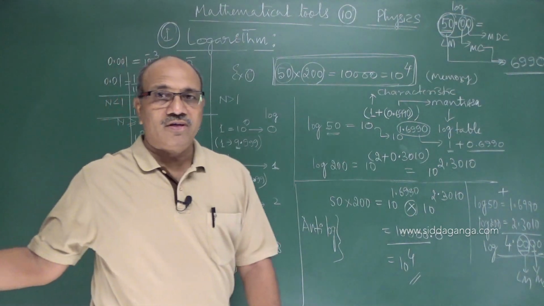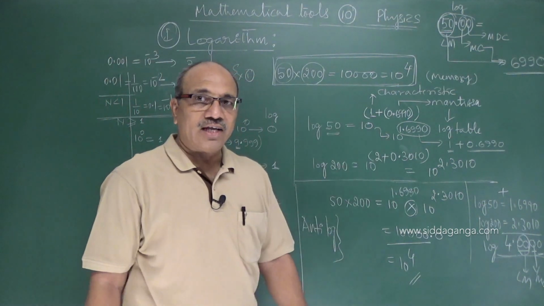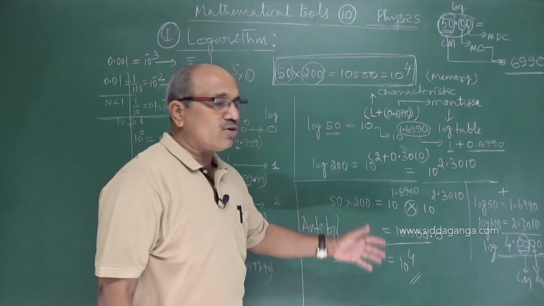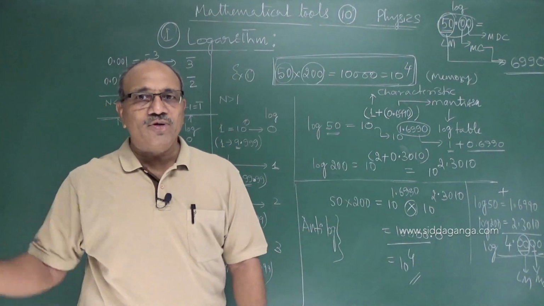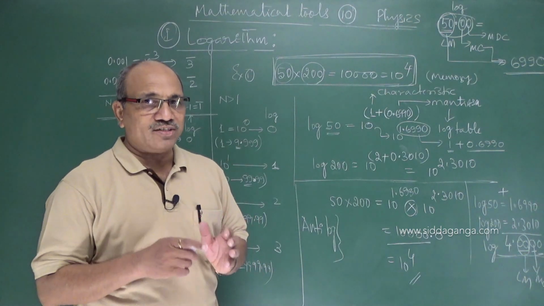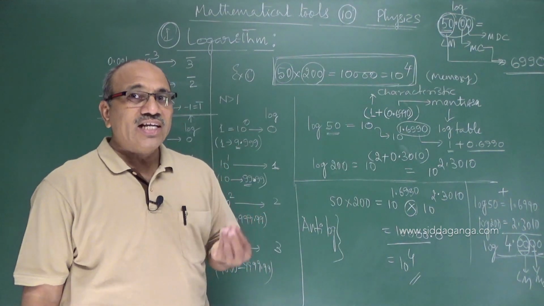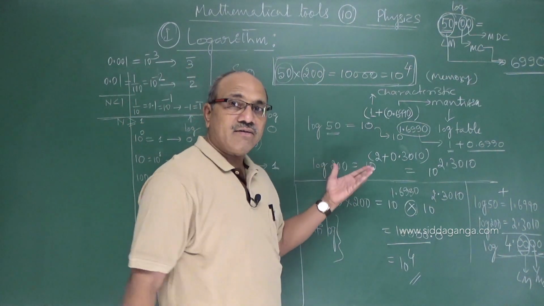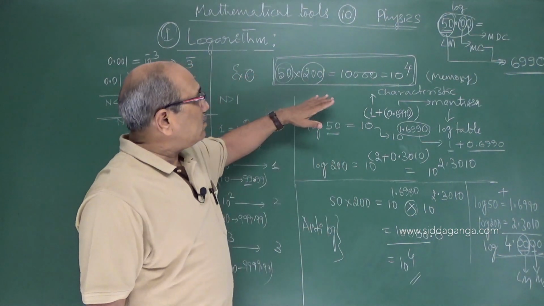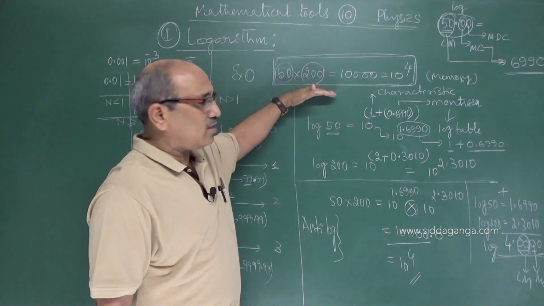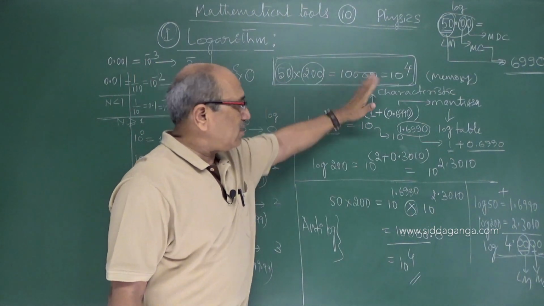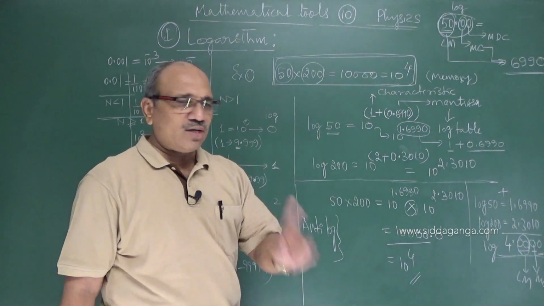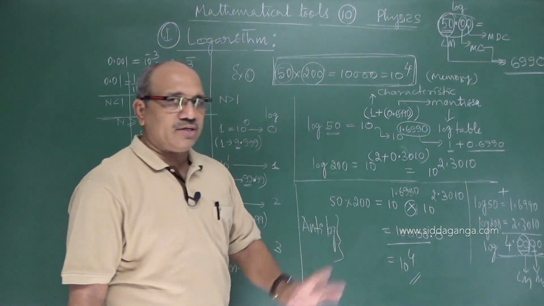That book, it is not my numbers. I only used this skill. I told you how to use this logarithm table. You may have confidence in the logbook. Now you have kindled an interest in using the log. I think you followed that 50 into 200 becomes 10 power 4. I showed you one answer. Another problem I will show and conclude here.